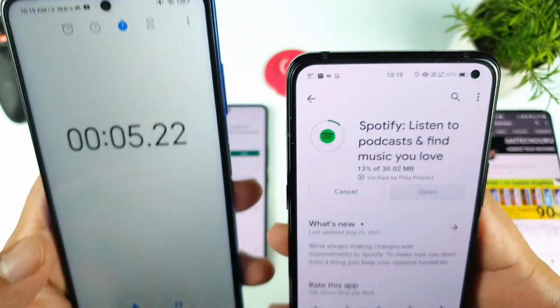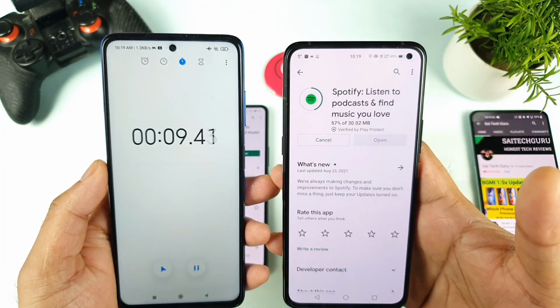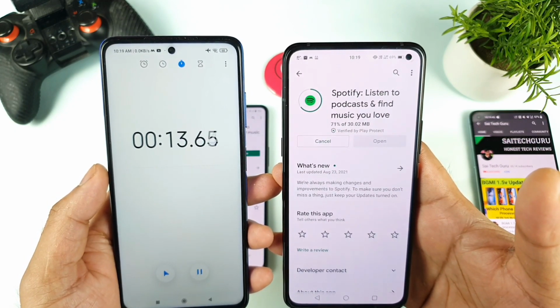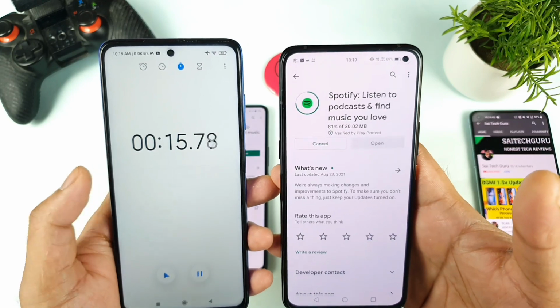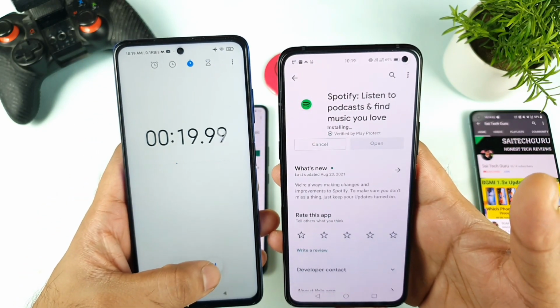As you can see, no issues. So 18 seconds in the iQOO 7 device, and let's see in the iQOO 3 how many seconds it's going to take. I think maybe it might be kind of close to the 18 seconds as well, but right now we are getting about 16 seconds, 17 seconds, 20 seconds.